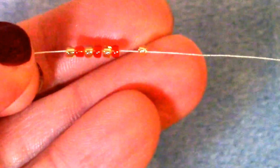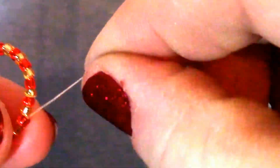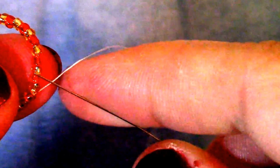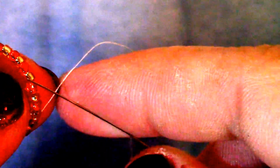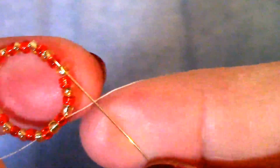You're going to pick up, alternating between your colors, 7 11 knots. I went gold, red, gold, red, gold, red, gold. It's up to you what you want to do. This is where your creativity comes into play. You're going to skip 1, 2, 3, 4 and go through the 5th bead from where you're exiting in the first place. So go through there